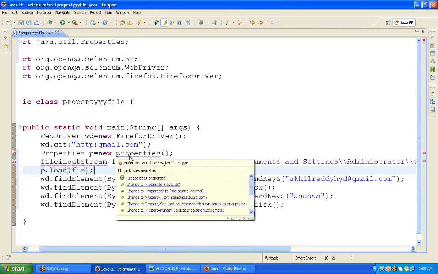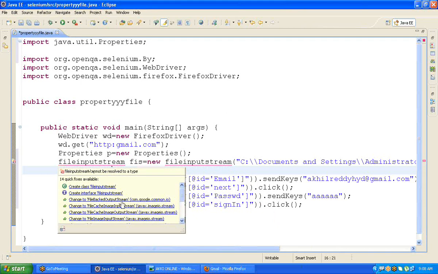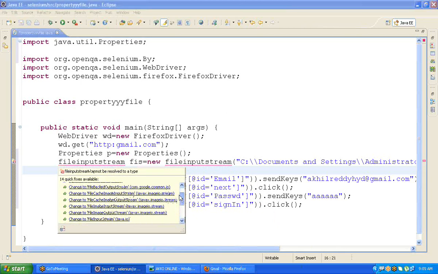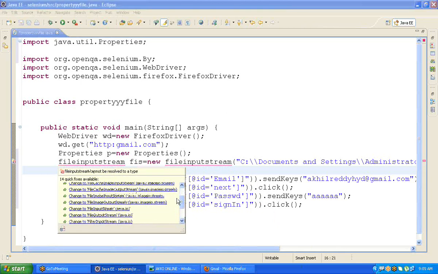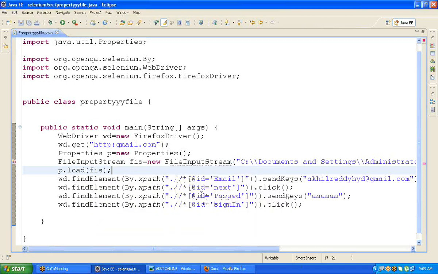Just import the statements: Properties from java.util, and FileInputStream. Come down, very carefully select the FileInputStream from java.io.